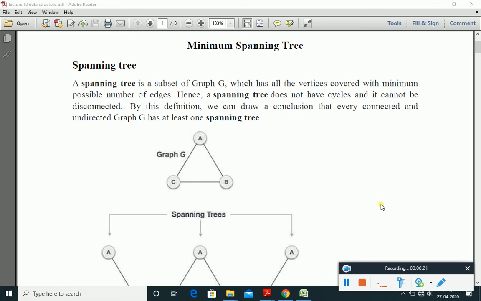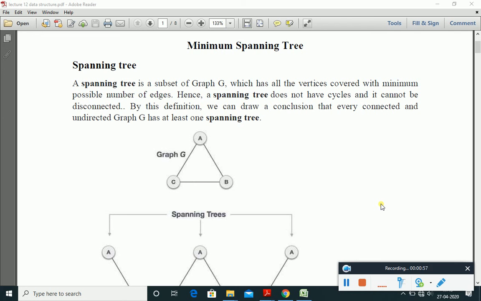The word span basically has the meaning of something which is smaller than the bigger one. Like we have a graph and we are taking a subgraph of that graph, so that subgraph can be considered a span of that graph. The other thing is that we can convert any graph into a tree just by making a subgraph of that given graph. But the tree has some special constraints.